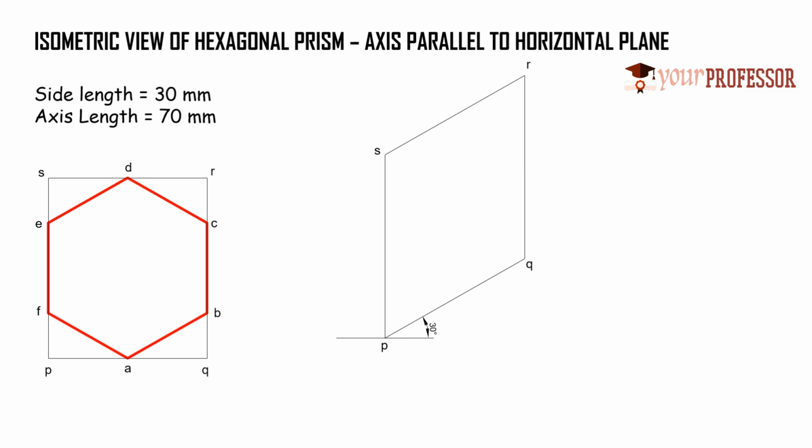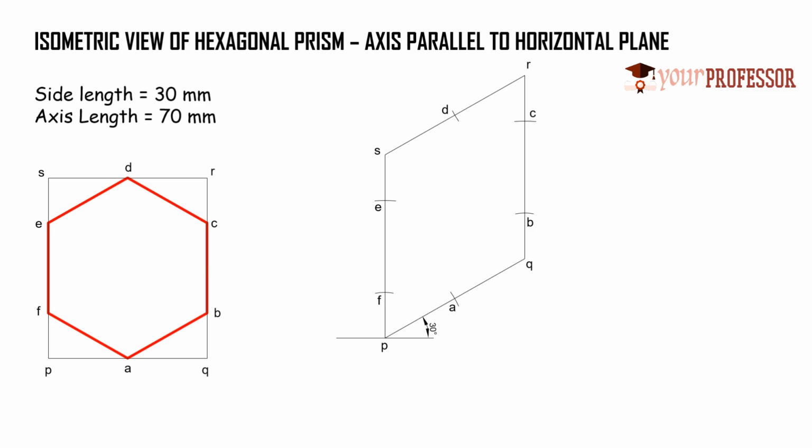Now let us represent the points A, B, C, D, E, F. For that, measure the distance between P and A, and with P as center and the help of a compass, drop one arc onto the PQ line; that will be point A. And measure the distance between Q and B, with Q as center, drop one arc onto the QR line; that will be point B. Consider the distance between Q and C, and with Q as center, drop one arc onto the QR line; that will be point C. And measure the distance between R and D, with R as center, drop one arc; that will be point D. Similarly, represent the points E and F. For that, measure the distance between P and E, and with P as center, drop one arc; that will be point E. Similarly, measure the distance between P and F, drop one arc; that will be point F, right? So we have represented all the points.